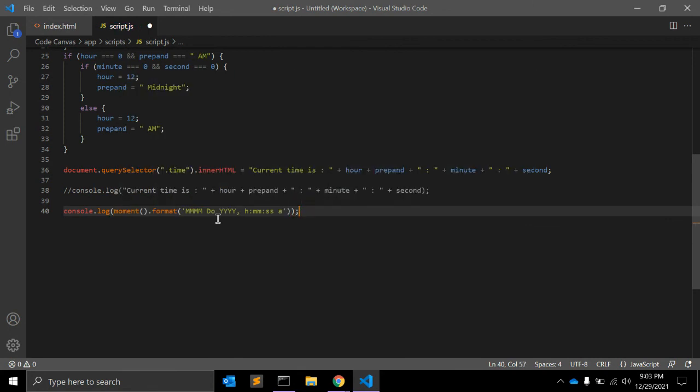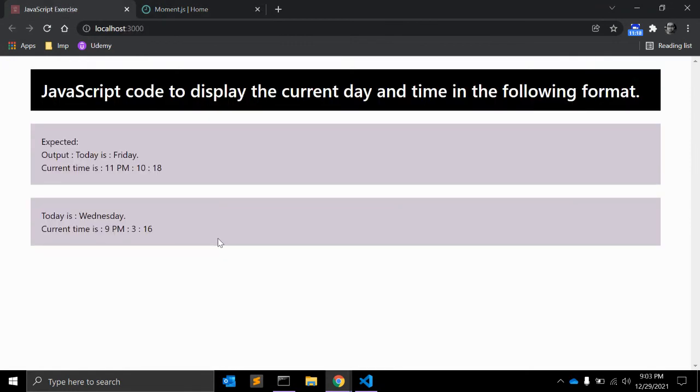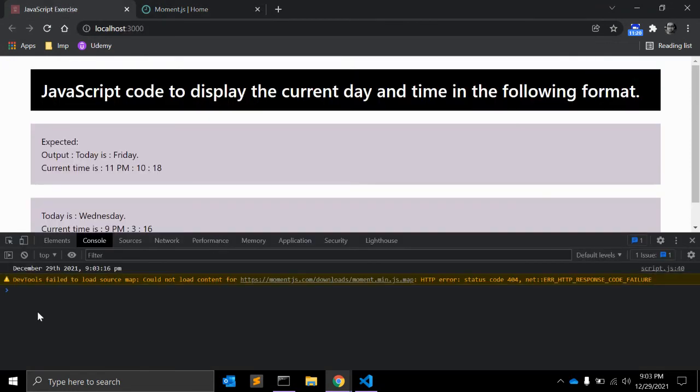You can check if it is working. Yeah, as you can see December 29, 2021, and this is the local time, 9 p.m. 3 minutes 22 seconds. Let's reload, and as you can see, this is working fine.